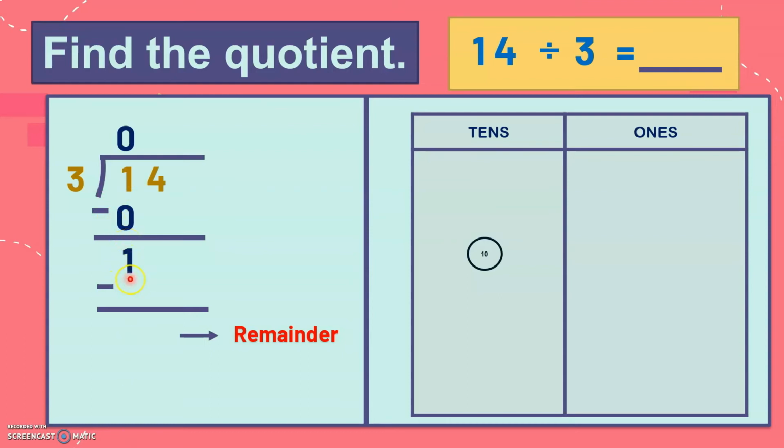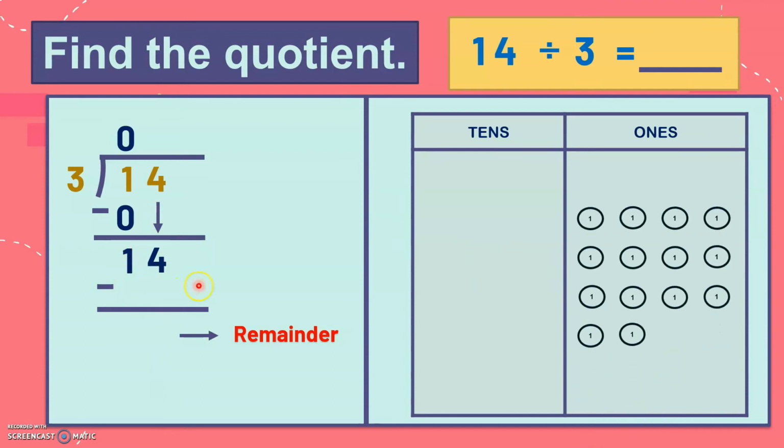Again, we cannot divide 1 into 3. So we'll bring down 4. So we have now 14 ones. Okay? Because you cannot divide one group of 10 into 3, so we'll have to regroup it into ones. So we have 14 ones. So 14